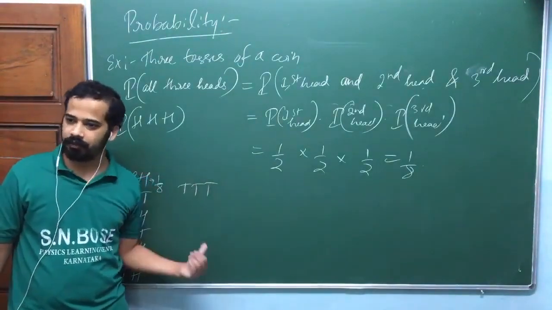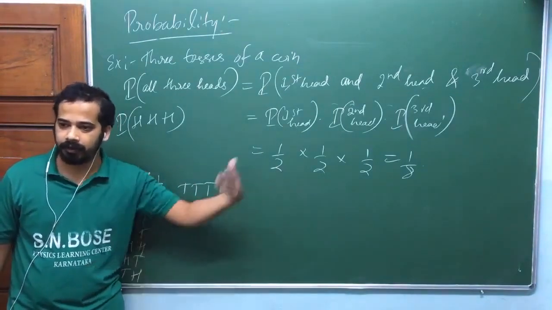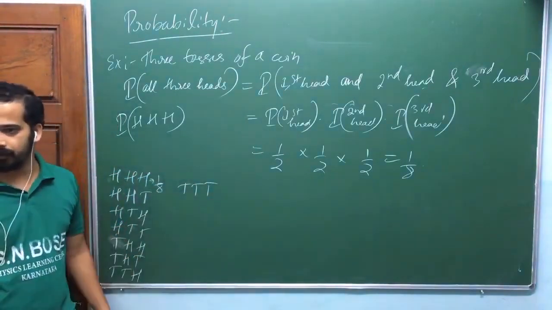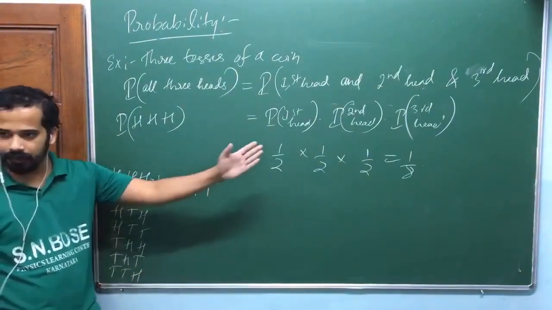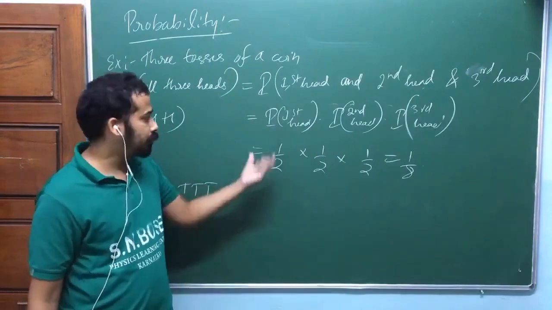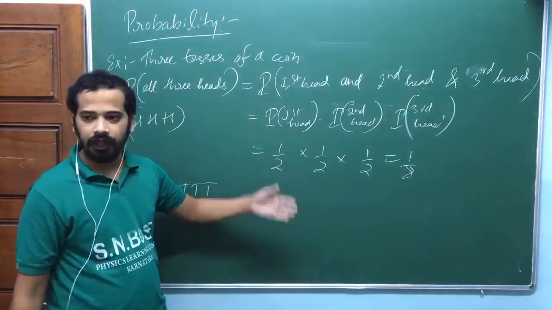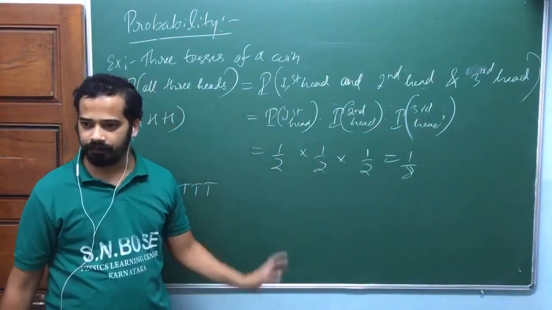In this exam, yeah, you can draw the sample space. But in other exam, it may be very difficult. Am I right? I mean, in other example, isn't it? It may be too lengthy to write this whole sample space. That's why we take this theorem. Look at here, you don't have to write sample space. You know what is the probability of occurrence of each? And this one, and this one, and this one, and in between, am I right? You just take the product.